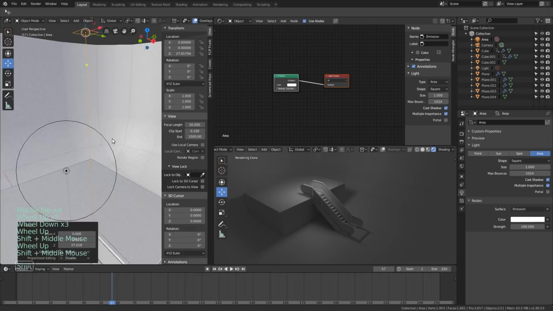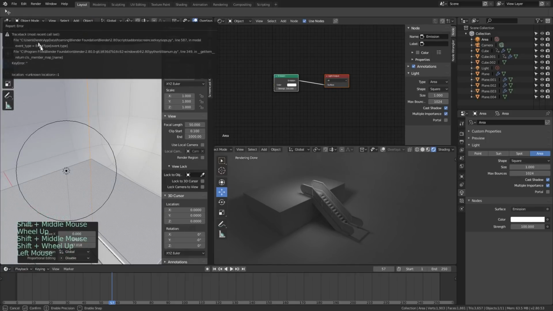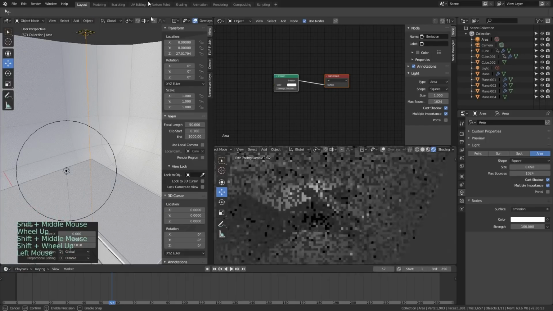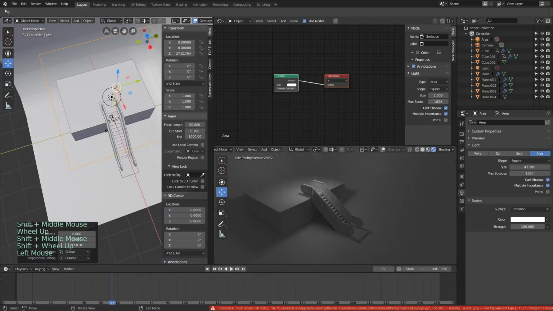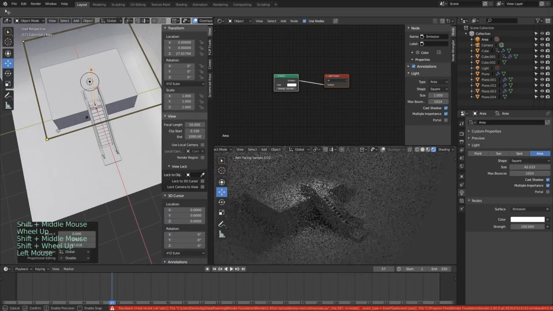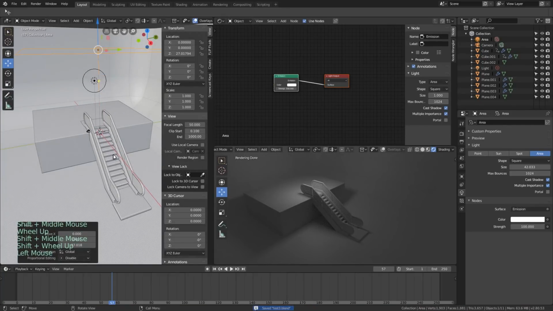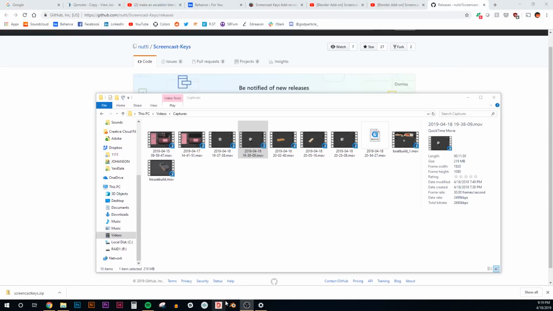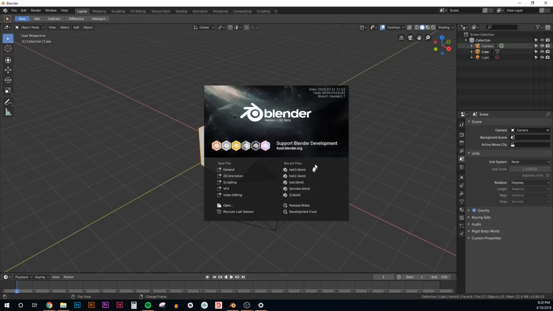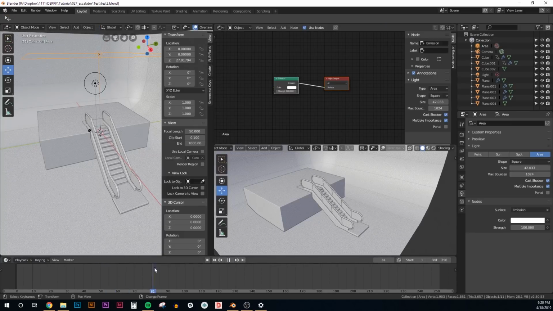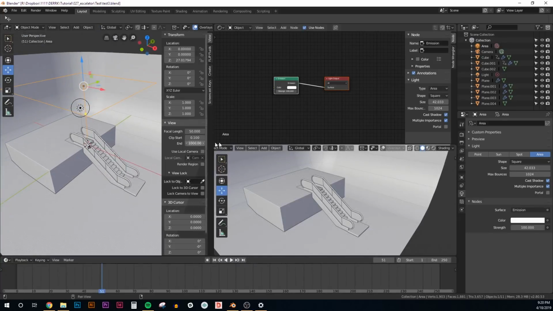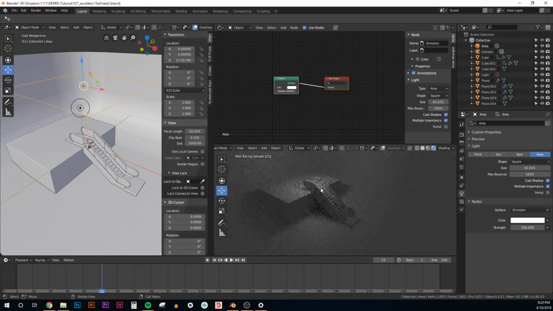And then this is another cool 2.8 thing. So you can just, oh, maybe that's not working. Oh, there it is. Uh-oh. We got some type of 2.8 error going on. Let's save. And let's close. And then let's open this back up. Okay, we fixed our little error. All right, so let's go back and render view over here.